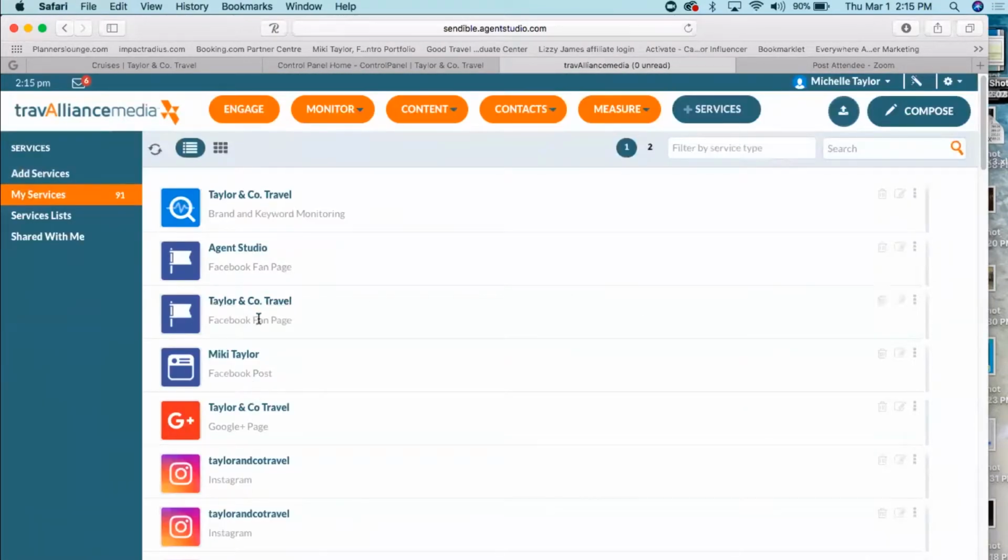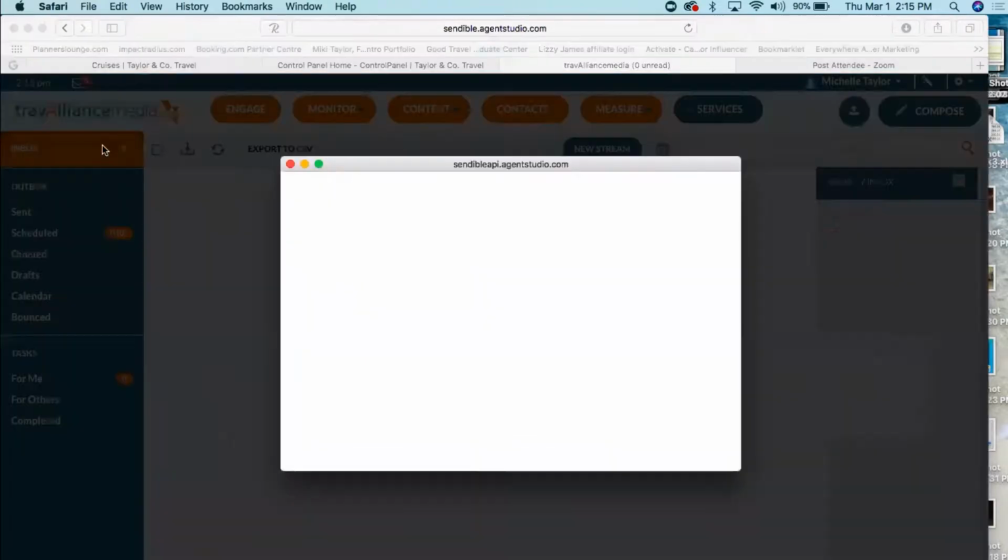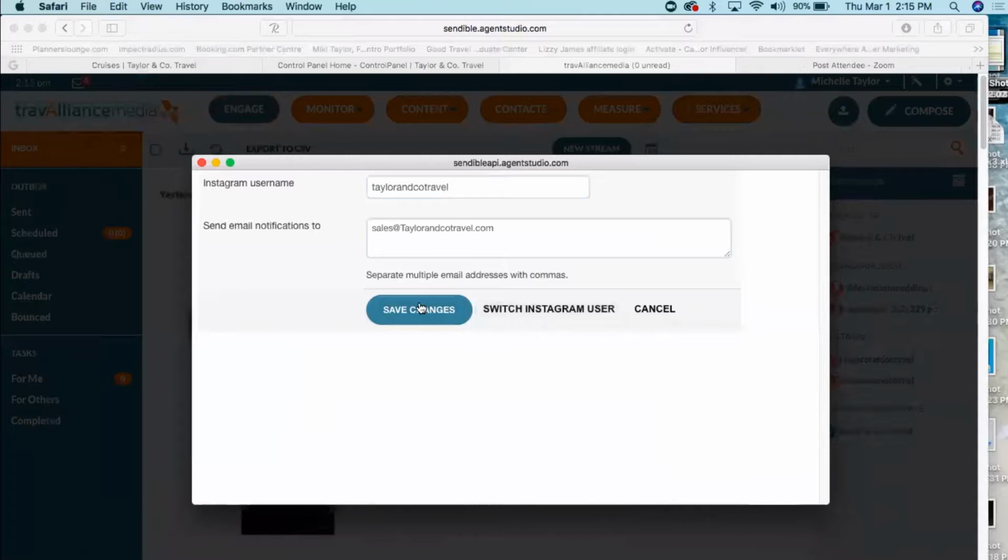Okay, that way there's only one. I only have one set up here. Now, your priority inbox that I spoke of is up here in the left-hand corner. And from time to time, you will see that there are these reconnection issues. All you do is click on the message and then save,